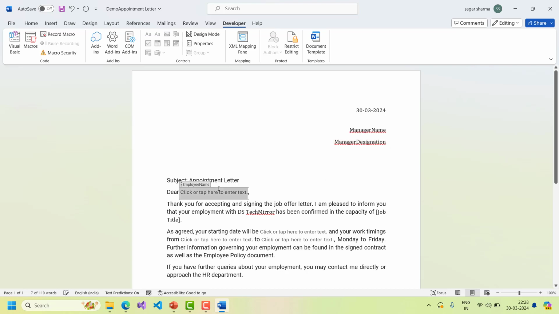Okay, next I have employee name, then I have job title is already there, date of joining, shift start time and shift end time. So guys, my template is ready. This is how you can create a template. But before I move to Power Automate Flow,